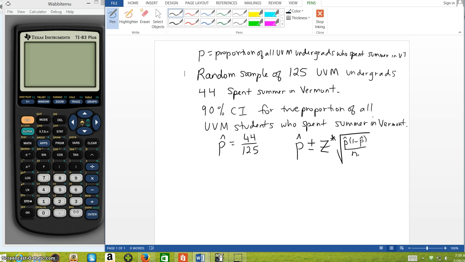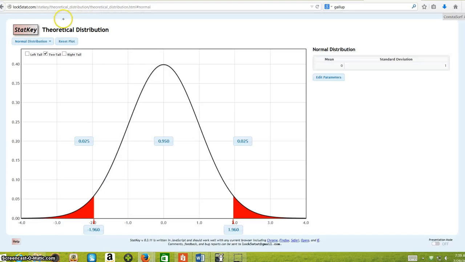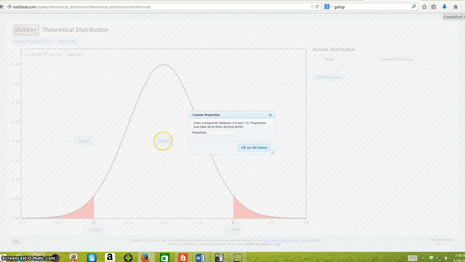Okay, so first of all, let's see how we can get our z star. If we're in StatKey, we need to go into the theoretical normal distribution, which is where I am now. Now, when you first come in here, and if you click on the two tail, which is what we need, it will give you 95% in the middle, and it will give you these cutoff values. Those are the cutoff values if we want a 95% confidence interval. But if we want a 90% confidence interval, we need to change this number that's in the middle to 90%,